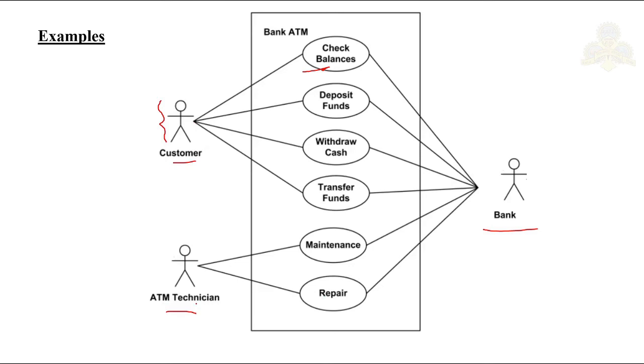Right now we have a technician here who does the maintenance work and the repair work. Say this customer, this is just an example, in the real world this won't happen, I'm saying it just for your understanding, wants to do a repair thing. How can you represent it? You have to draw something like this. This means you have to use a jumper. You cannot represent it directly like this. You cannot intersect two lines here, this is not done.